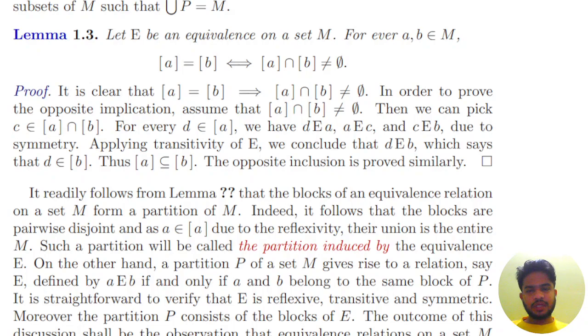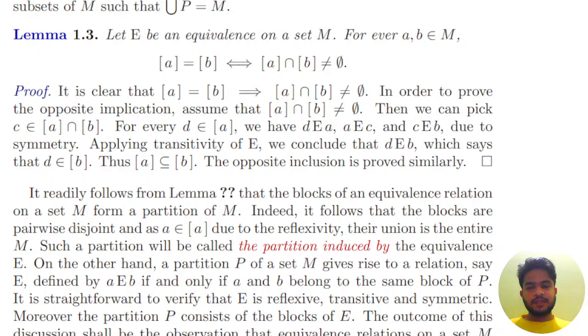A equals B if and only if A is a subset of A intersection B, which is not equal to null. Proof: it is clear that if A equals B, then A intersection B is not null. In order to prove the opposite implication, assume that A intersection B is not equal to null. Then we can